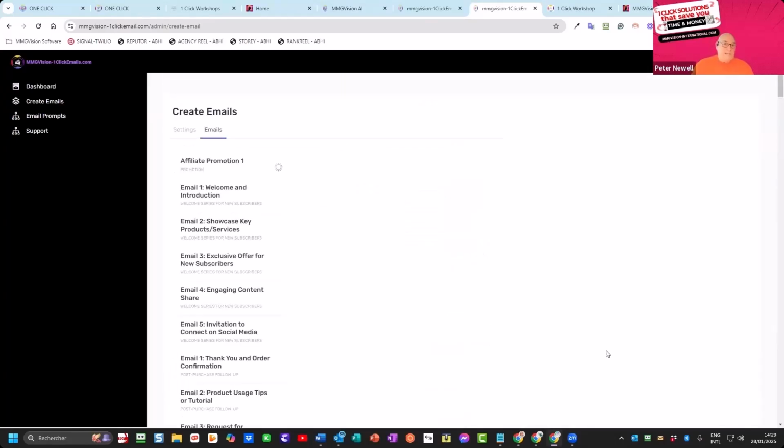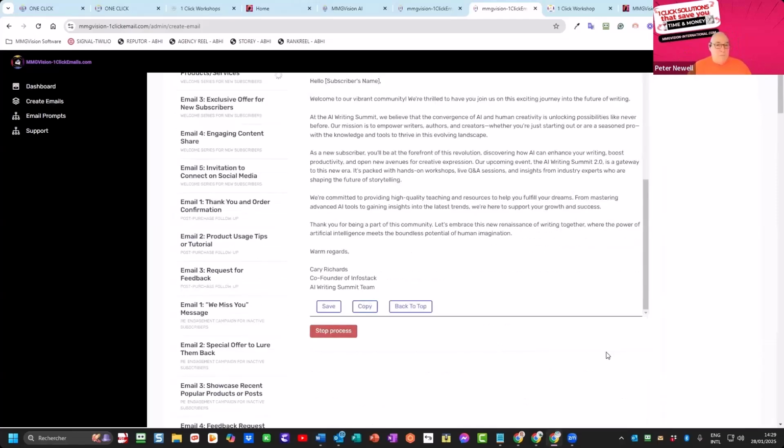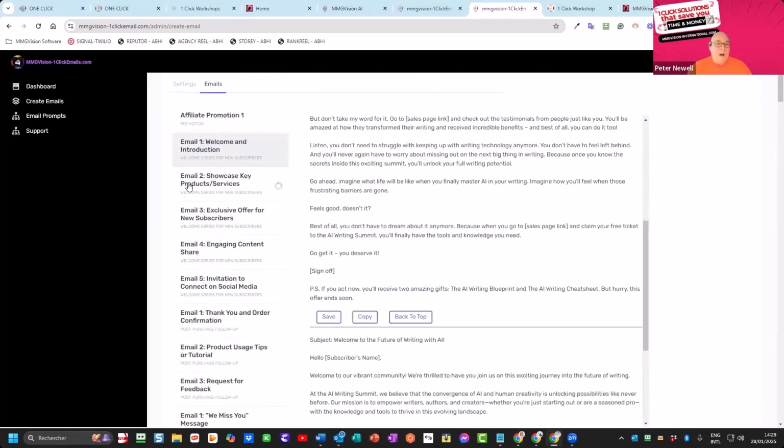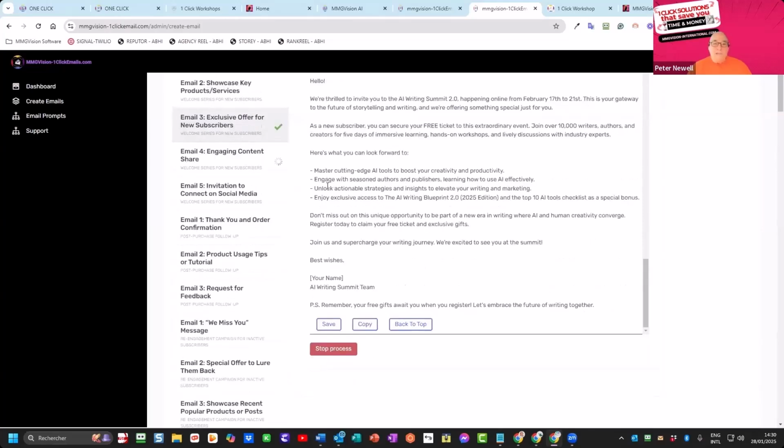And now you'll notice that the AI is doing a deep dive into your website. And that little cog that you see, when it becomes a check, it means that first affiliate promotion email has been created, and we're now working on email two. Whoop, second email is done, showcasing key products and services. And as it continues to do this,